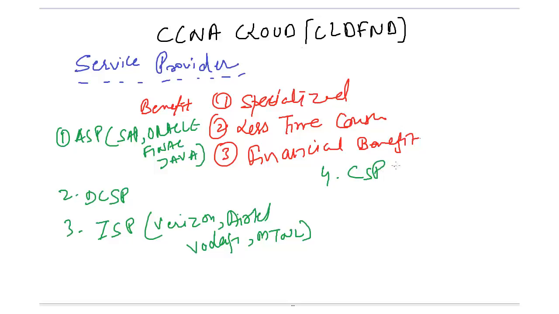CSP, computer service provider. The company which provides you services of computer parts. Like, for example, you're trying to set up an office and you need 50 computers. You would simply contact them. They will provide you this service. Means they will get you the order at a low rate, and after that they will provide support for 1 year or 2 years, or probably you can go for support only. Okay, fifth one,